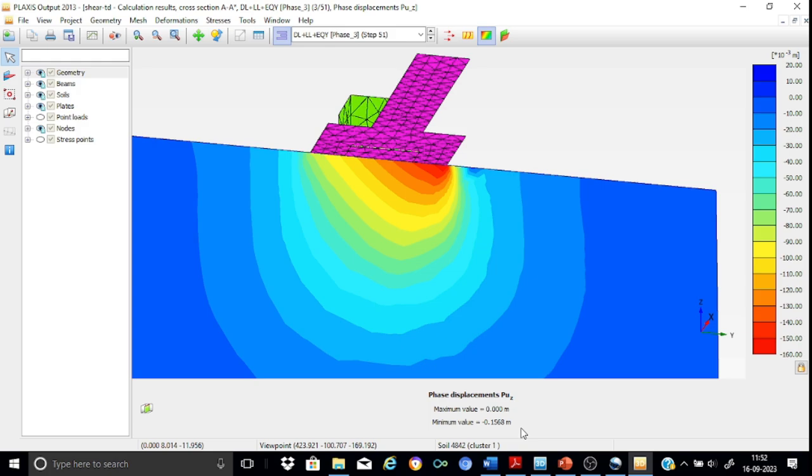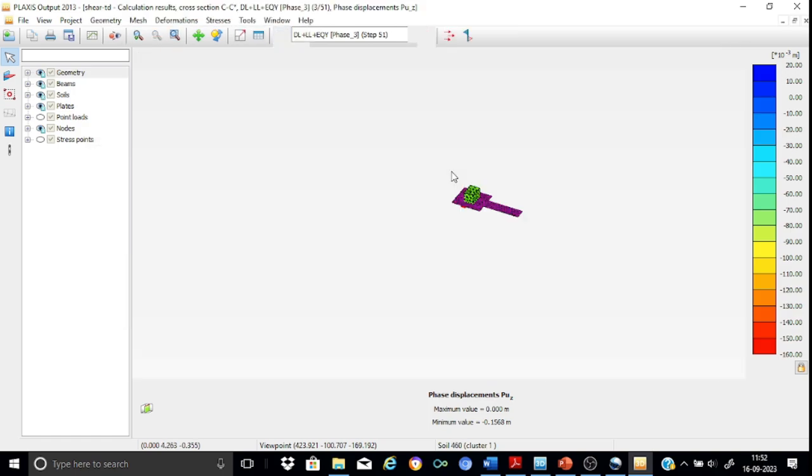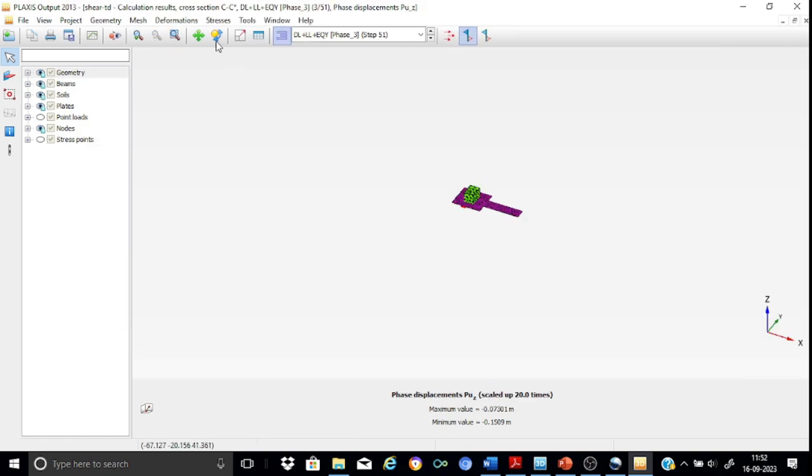Now, just as we did in the earlier case, it is also possible to obtain the settlement profile of the soil right under the raft for this particular phase. So you can straight away go over this, then just press 2 points. So possibly I will select from this point to this point. Okay, so you'll find that you just rotate this a little bit, rotate it a little bit. Okay, and if you zoom it,